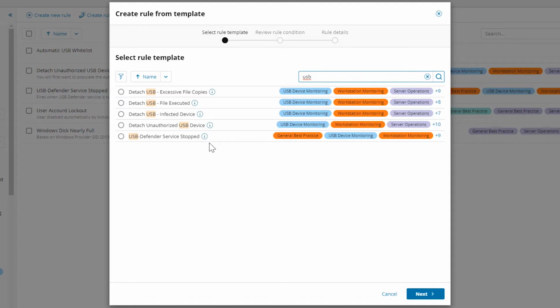This will help us to easily enforce our USB policies, to prevent people from copying and removing data from our network onto unauthorized devices. USB Defender service stop is also very useful because a user who is a little bit wiser than your average user might want to stop the USB Defender service before they attempt to copy files off your network. But this rule here will monitor for and prevent that. Okay, and there are other rules here to help out with your USB management as well, specifically file monitoring and that sort of thing.